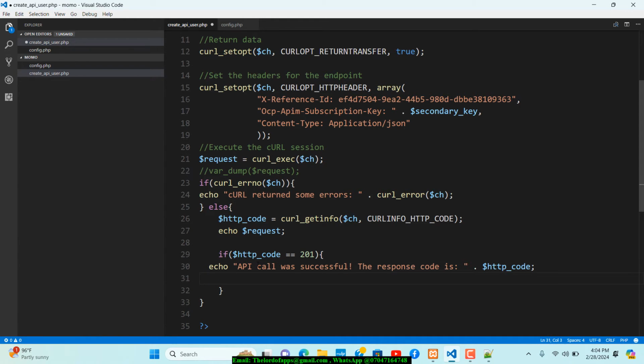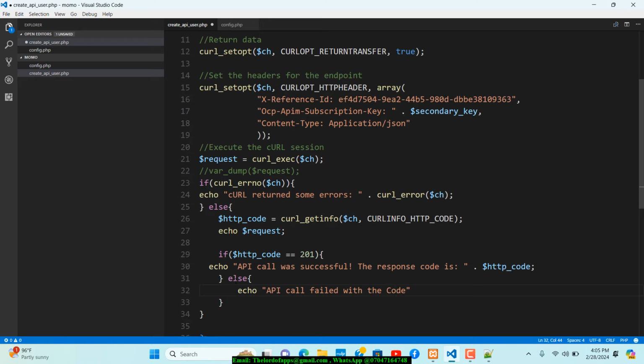And that is just that, guys. So let's just do an else part right here. So in case we have any errors, I want to go ahead and then print out the error right here. So I'm going to just say echo, and I'm going to just say API call was not successful. Okay, or we can just basically say API call failed, and we can just say with the HTTP underscore code,